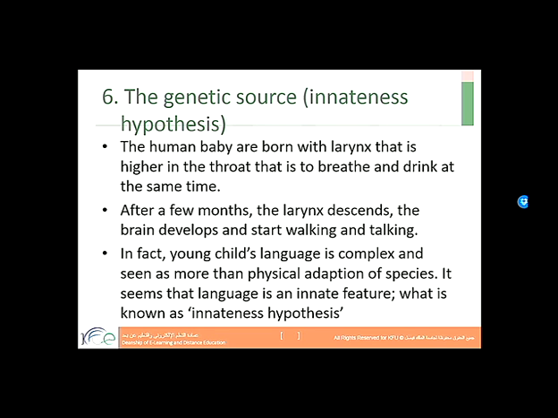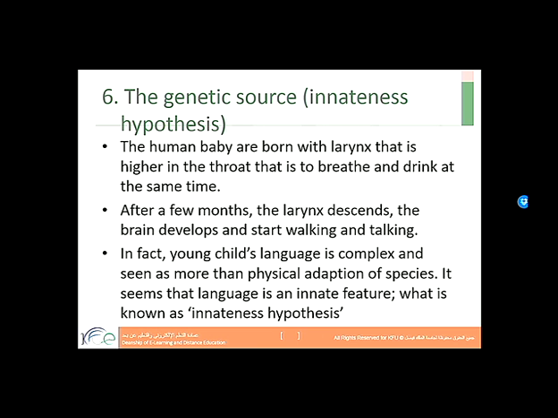In fact, a young child's language is complex and seen as more than a physical adaptation of the species. When it comes to a young child's language, we can notice that this development happens in a very short time. It happens rapidly.